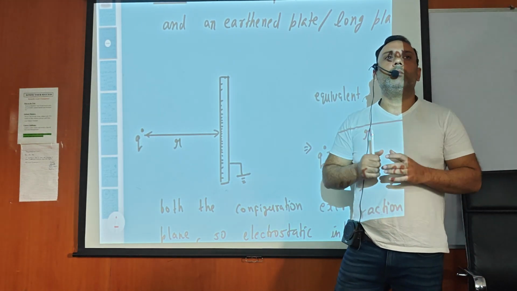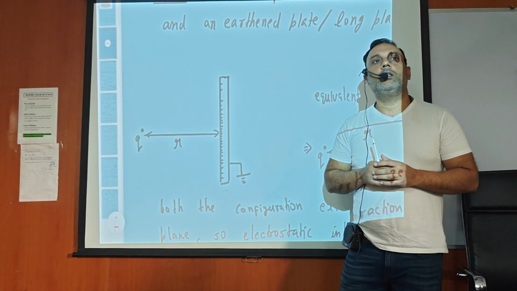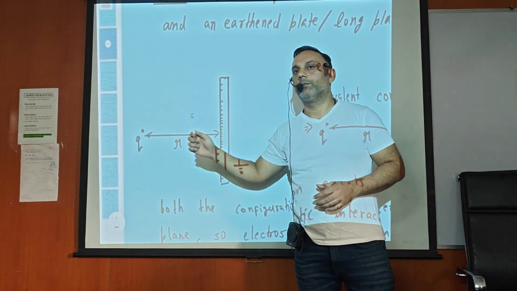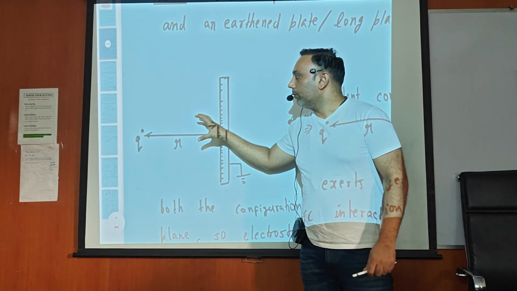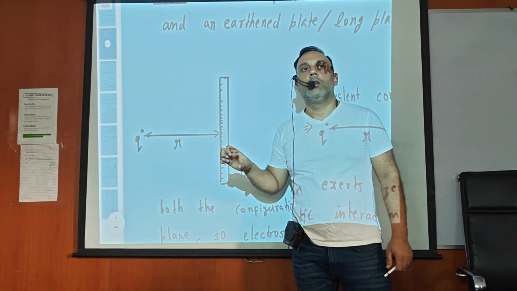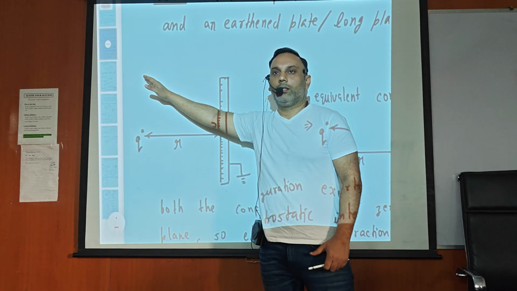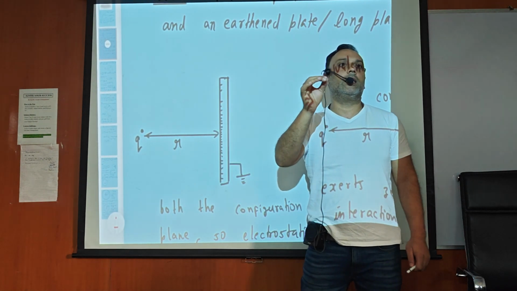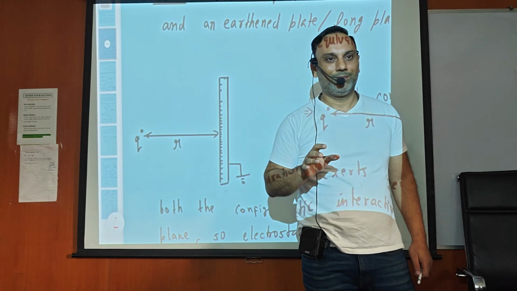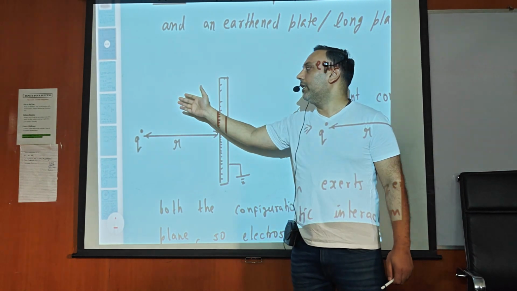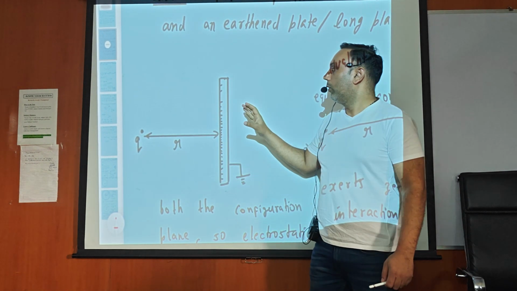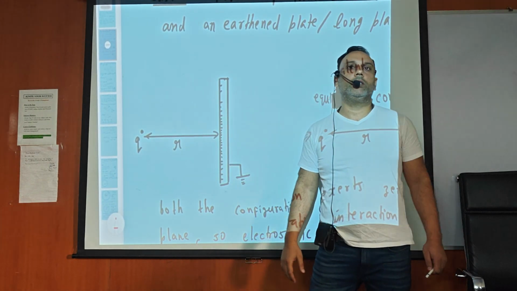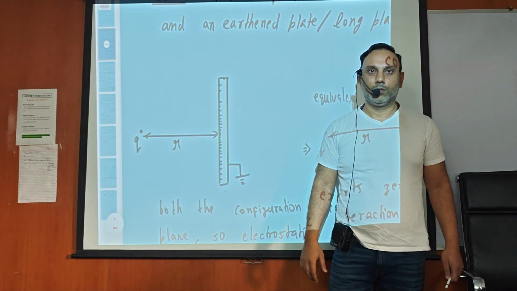With our known formulas, whatever we have discussed already, it is very difficult to find the force between them. Or, due to this configuration, if somebody says find the electric field at any random point, find the potential at any different point, find the total potential energy stored in the system, those kinds of situations are very difficult to handle.